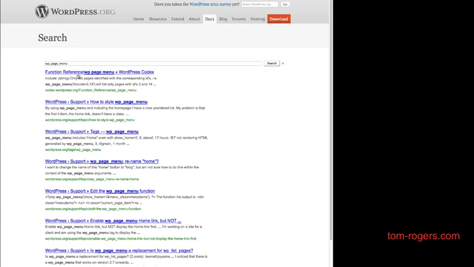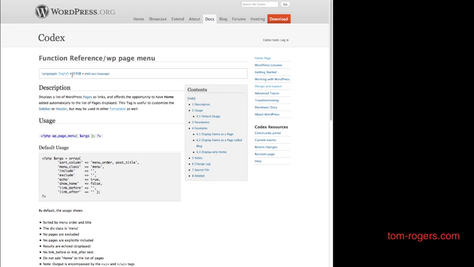These are all the parameters we can add in. We can include pages. We can export pages. We can look at how it's sorted. But the big thing that I was interested in when I saw this is